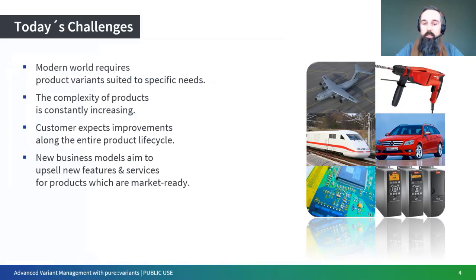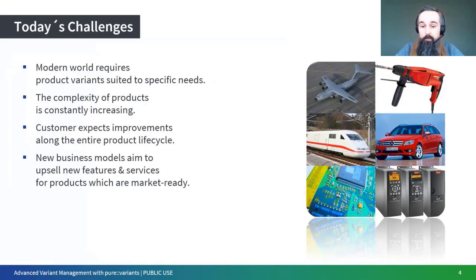There are different drivers like the continuing digitalization of products, which increases complexity, the need to develop and maintain more and more product variants to cover different customer segments and also regions with different regulations. So this all has an impact on the amount of variants of your product that you have to initially develop, but also to maintain over time, as well as the